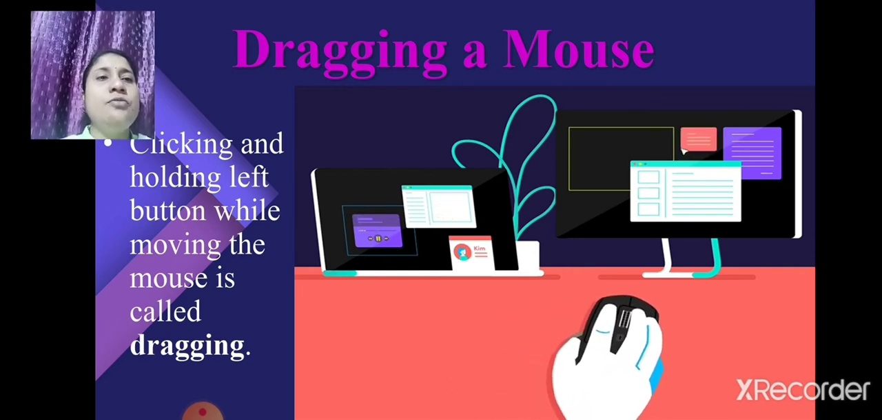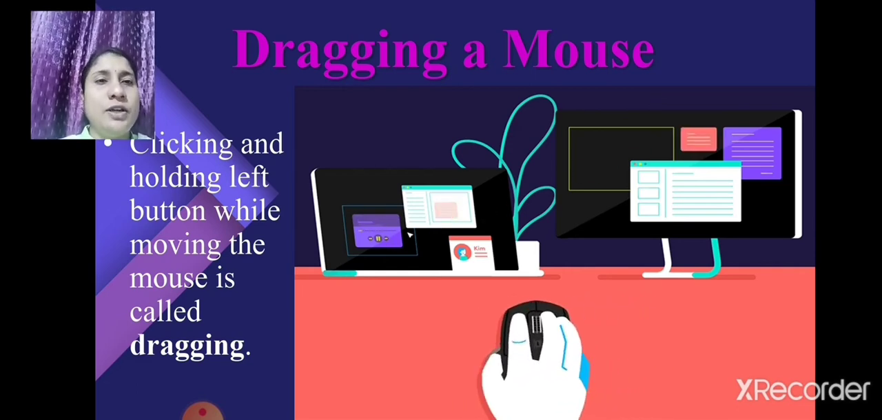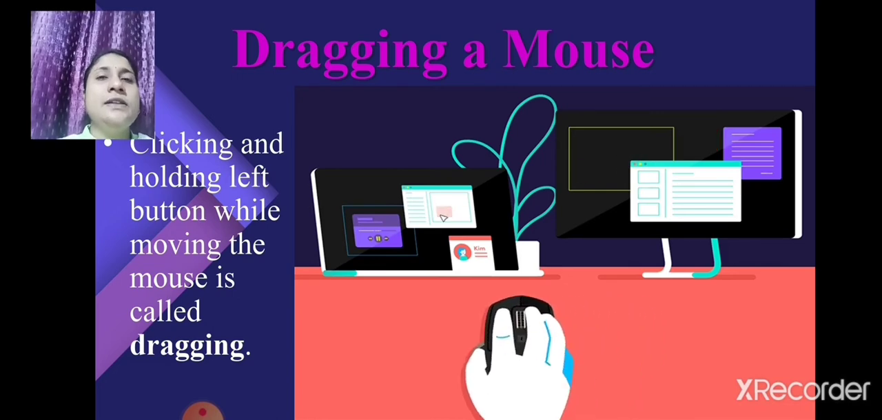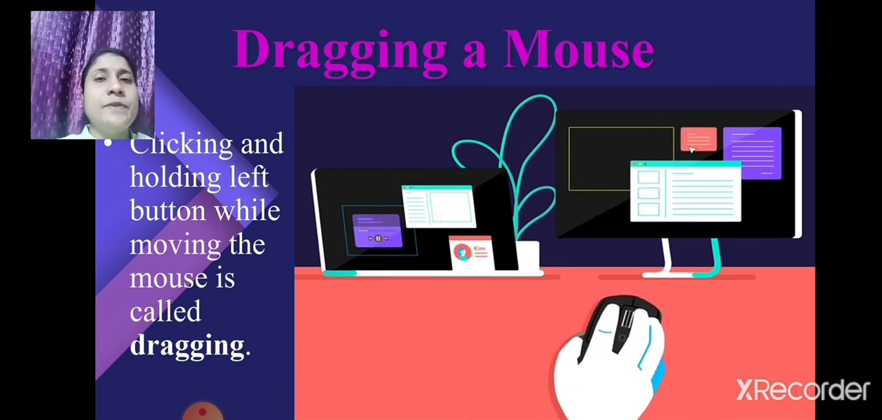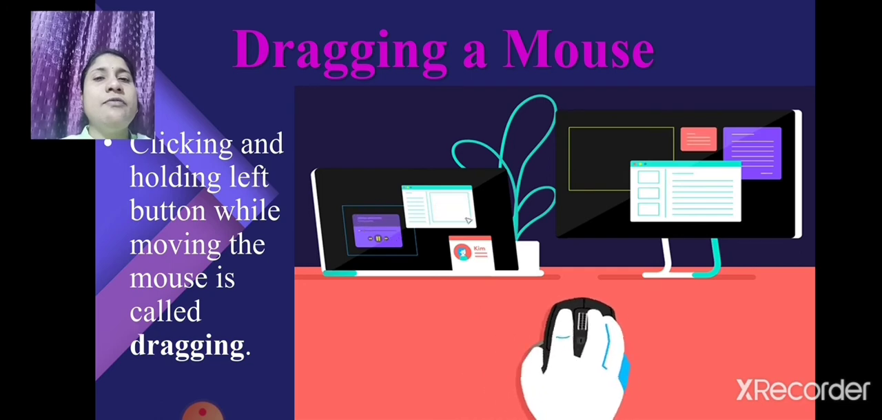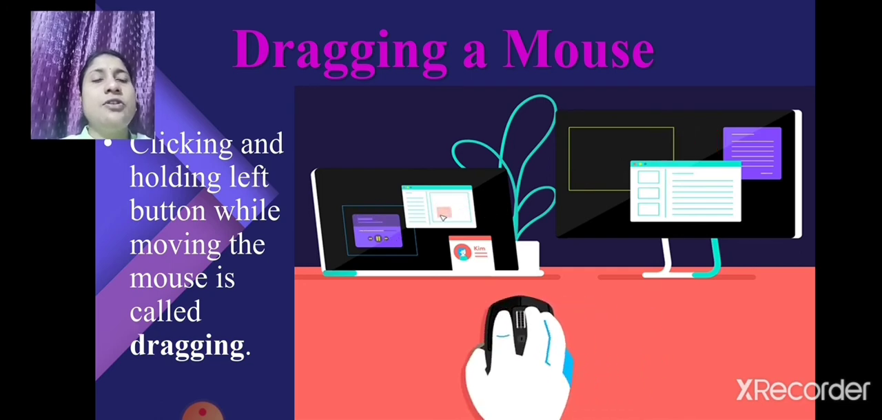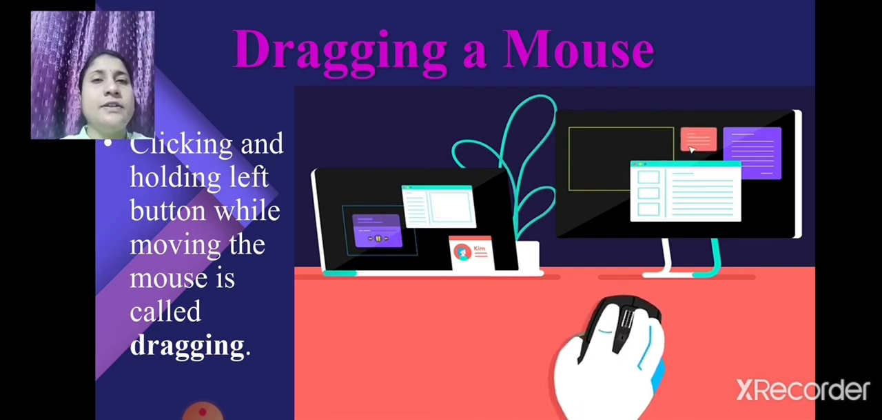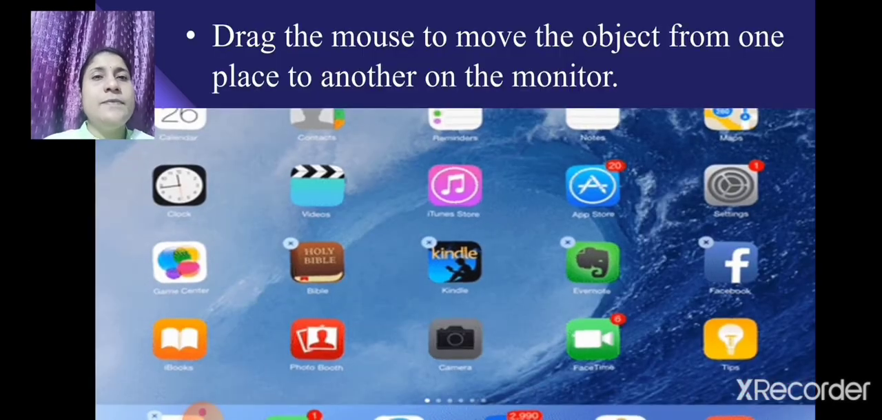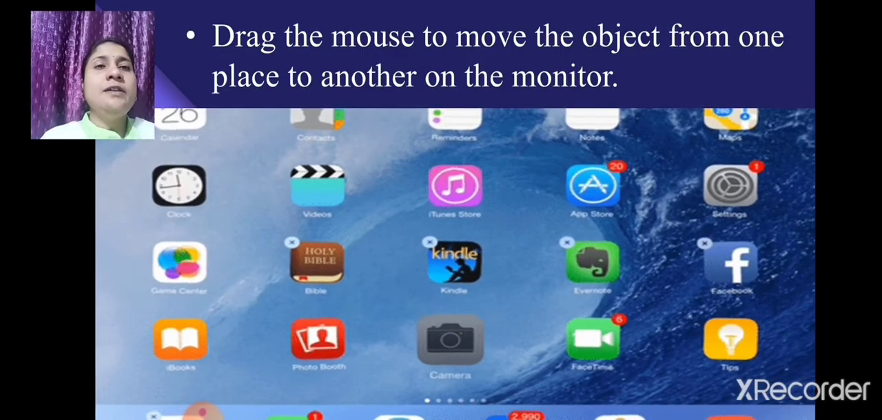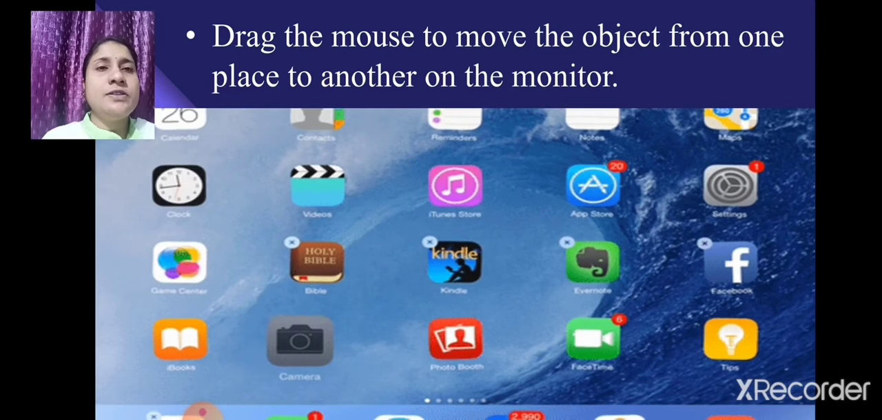Till where you want to move that file or folder. Okay, that is called dragging. So clicking and holding the left button while moving the mouse is called dragging. Now the next: dragging, again, is dragging the mouse to move an object from one place to another